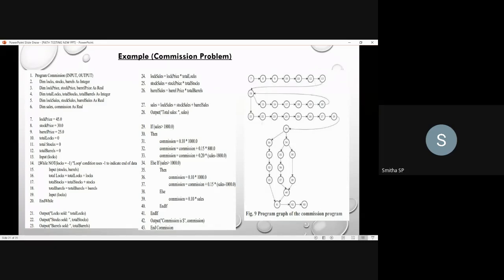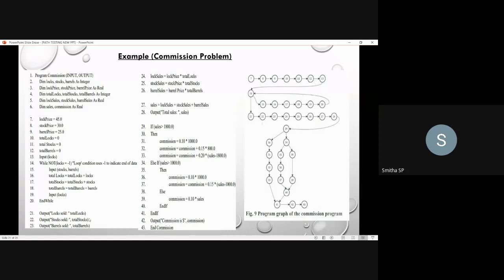So there are two possibilities: satisfying the while loop or not. Once the logs value equals -1, you directly go to execution of the 21st statement.